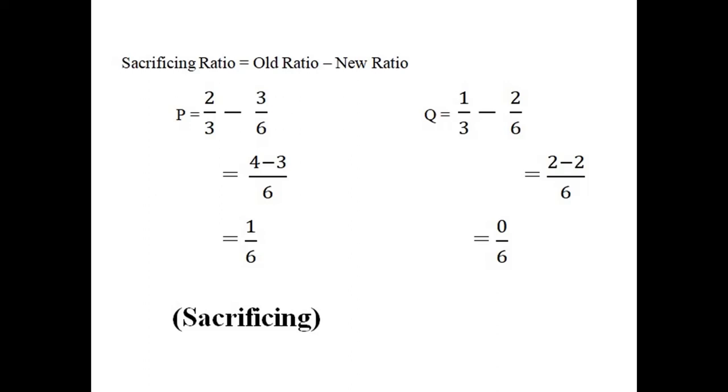So you just have to calculate the sacrificing ratio because here R is bringing in his share of premium for goodwill, that is 12,000. In question number 73 we did not calculate the sacrificing ratio because goodwill was already adjusted in their capital account, so we don't have to do it. Here we can see that P is a sacrificing partner and Q is neither gaining nor sacrificing, so the entire amount of premium for goodwill, that is 12,000, should be credited to the capital account of P.